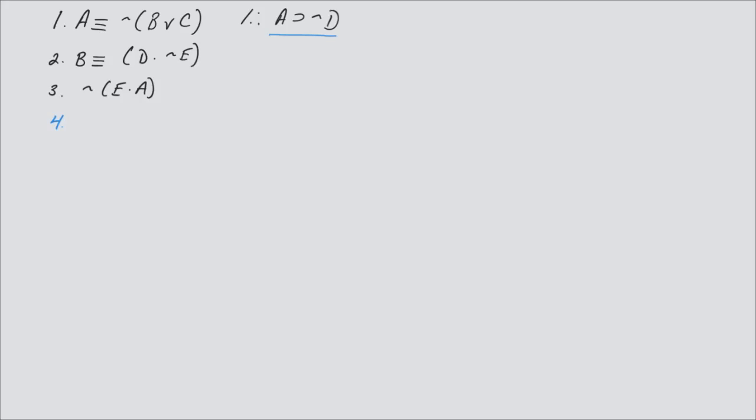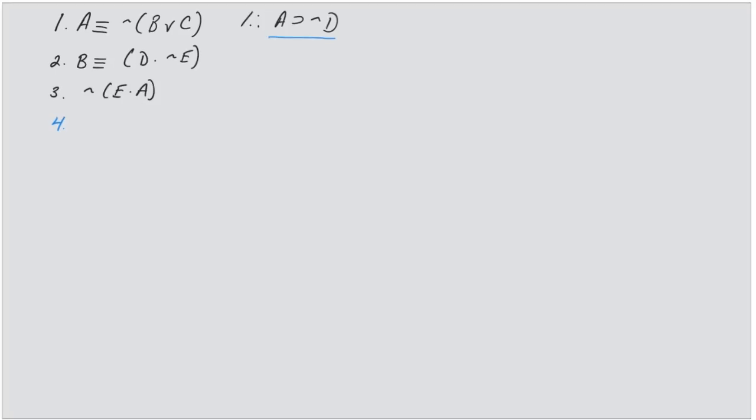These can all be done within the conditional proof, because in this instance, once you assume A, you're going to solve for not D, close it off, and that's going to be your conclusion. That'll be the last line of your proof. But you can do the other things first. So if you don't initially want to go with conditional proof for one reason or another, or you're not sure if that's the fastest way, or you just see those moves, you want to get them out of the way, that's fine. So immediately I might say A therefore not the quantity B or C,